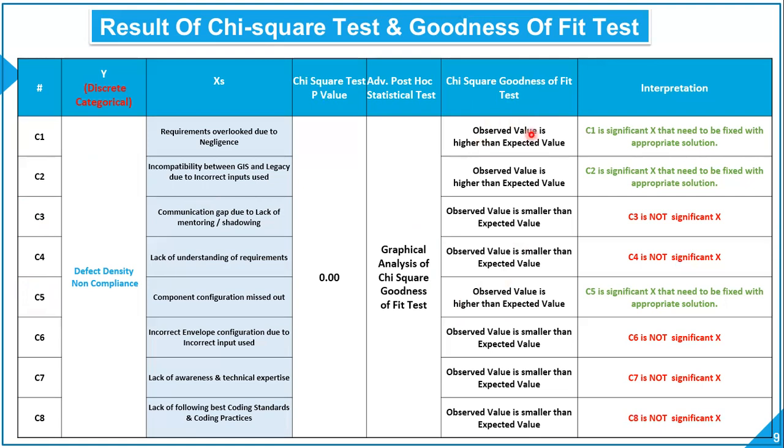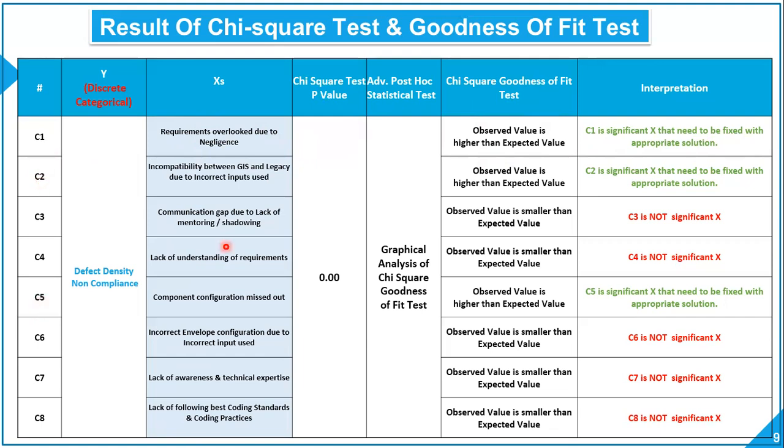In that graph, if you could recall, for this particular X, the bar of observed value, that black colored bar, is taller than the gray colored bar of the expected value, and that is why C1, that is requirements overlooked due to negligence, this particular cause is a statistically significant X that needs to be fixed with appropriate solutions. And the same thing applies to C1, C2, and